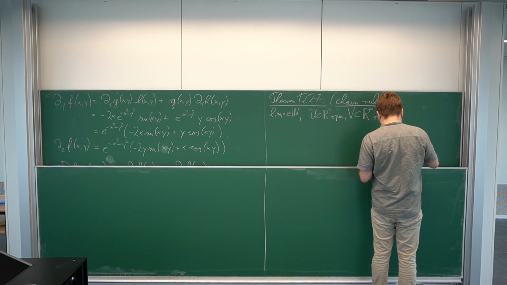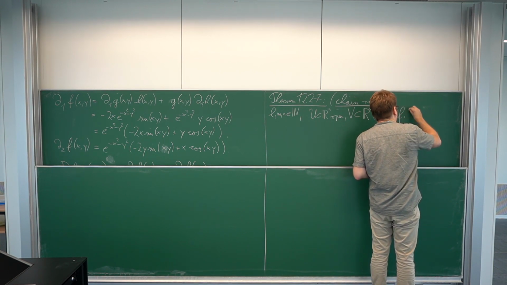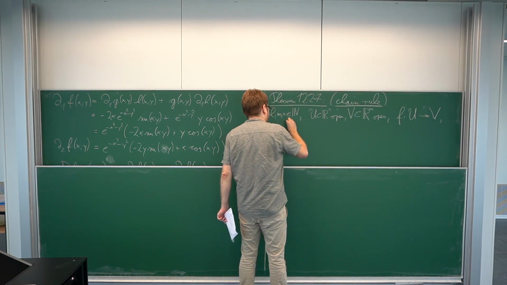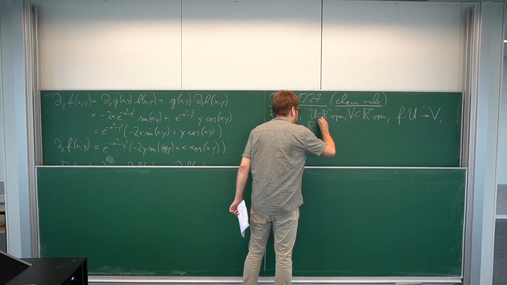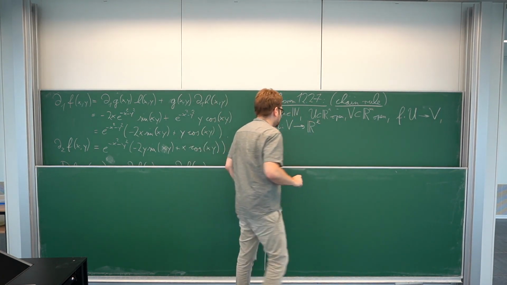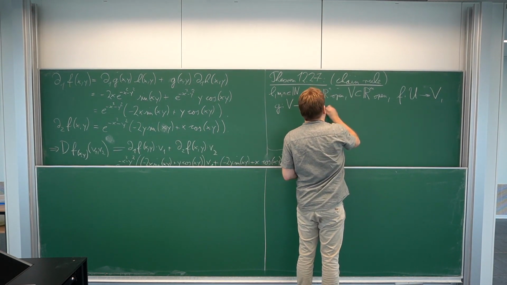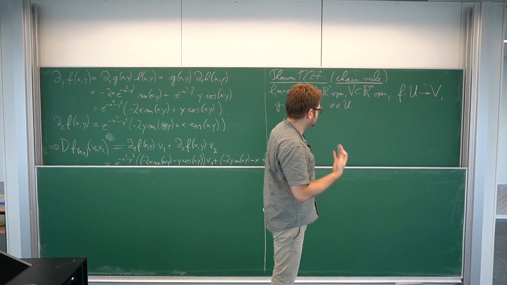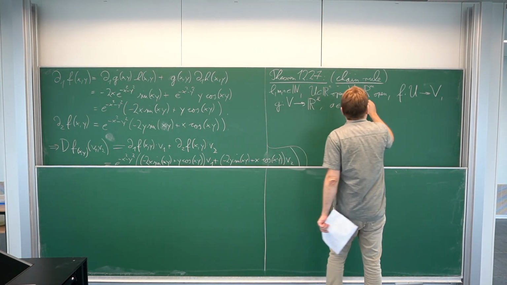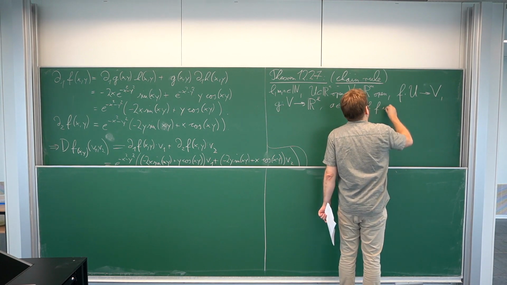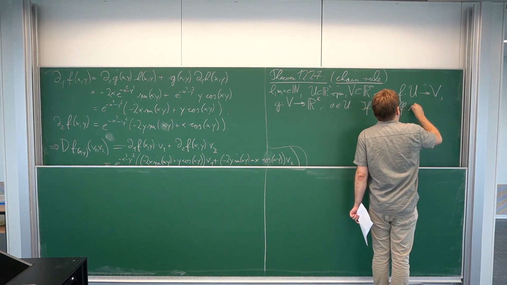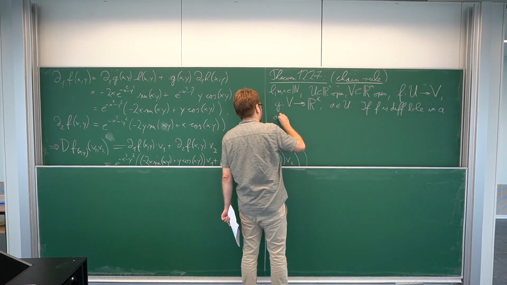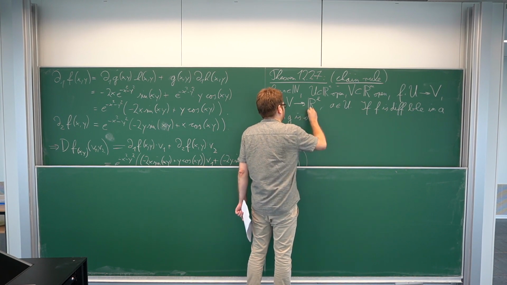And assume we have a map F from U to V and a map G from V to R^l, so the composition is well defined. And assume we have a point A in U. Now it's basically the same assumption that we had in the one-dimensional setting. If F is differentiable in this point A, and G is again differentiable,